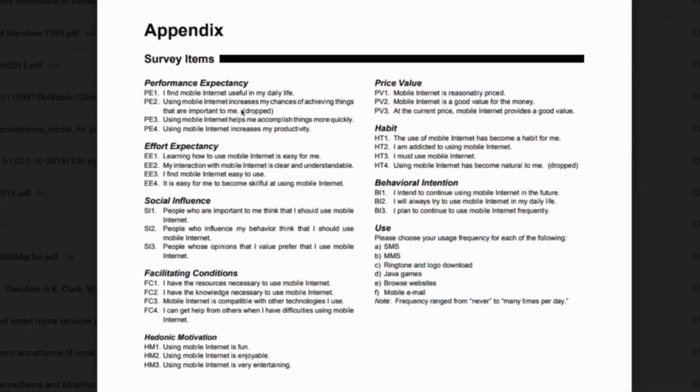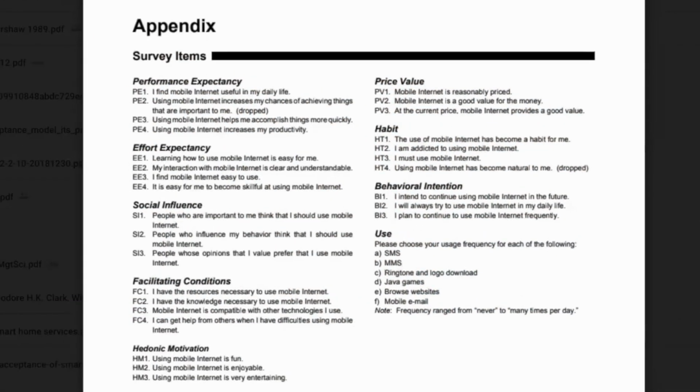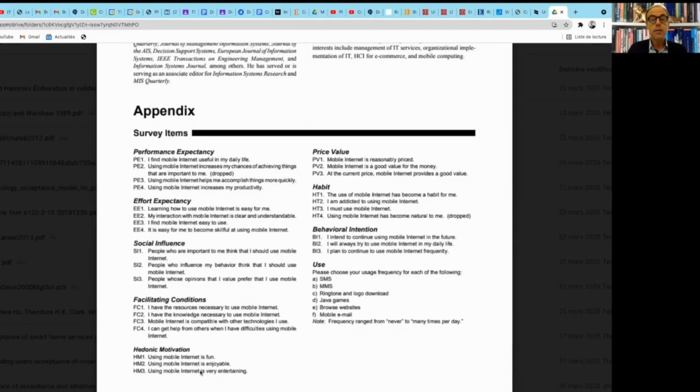And this is what I will show you now, because these scales come from the article. Normally you should find the scales they use in the methodology part, or they should have the scales at the end in the appendix. Here in the appendix part are the scales: performance expectancy, 4 items, effort expectancy, social influence, facilitating conditions, hedonic motivation, is fun, enjoyable, and entertaining, habits,